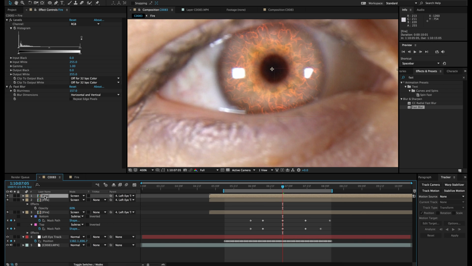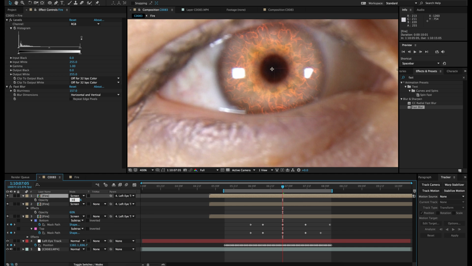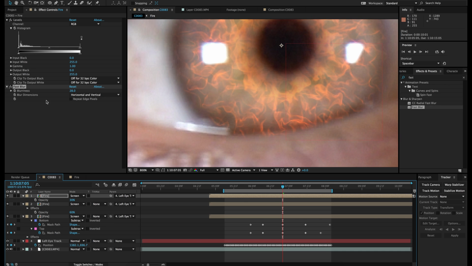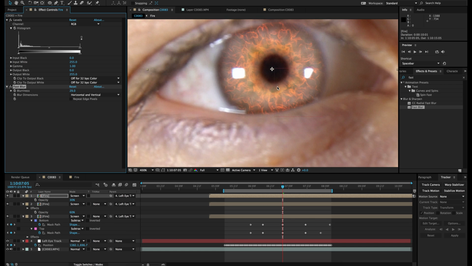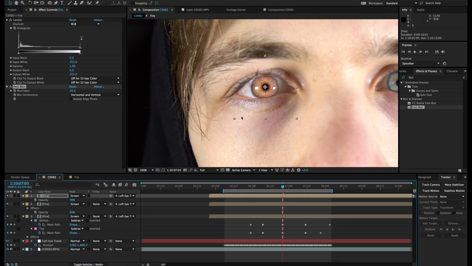And duplicate it one more time, hit T and choose 30, and now you're going to bring the blurriness down, and these are the hot accents that you're going to get on the edges here. So if you keep it at around 30, this should work pretty well. As you can see, you start getting interesting hot edges here. Yeah, 30 looks pretty good. So as you can see, this is with it off and this is with it on. So now that it's looking pretty good on the eye,